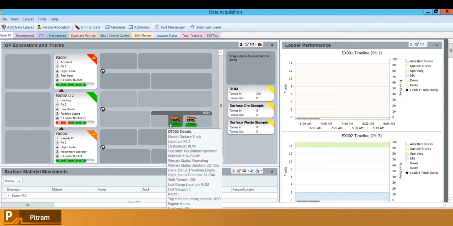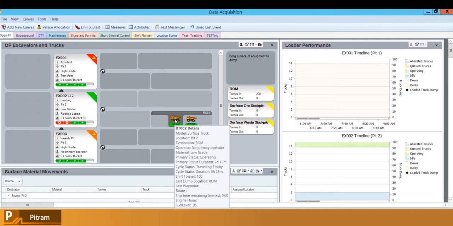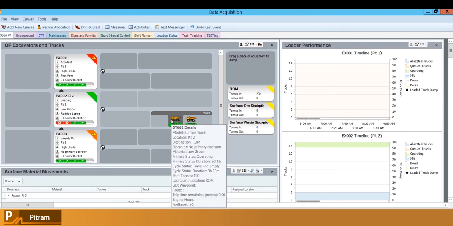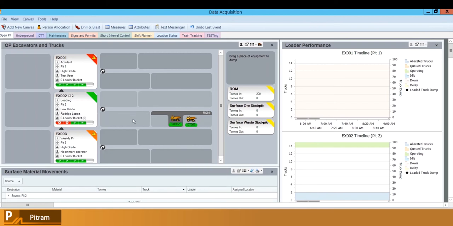So for dump truck 2, we can see, despite the fact that I haven't set this at all, that the material is low grade and the location is pit 2. That might look familiar, and that's because the excavator's location is pit 2 and the material is low grade. So in the case of the truck, it's always going to pick up the location and the material, and even potentially the loader operator, and infer that information down the line through that parent-child